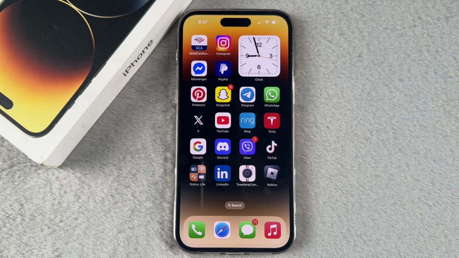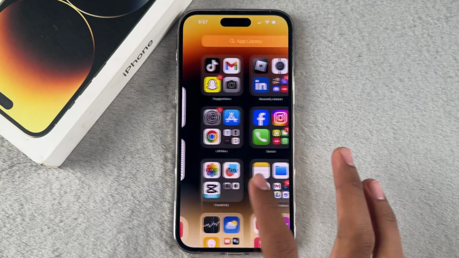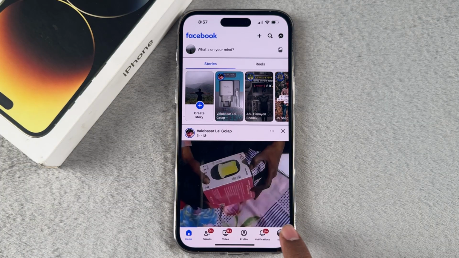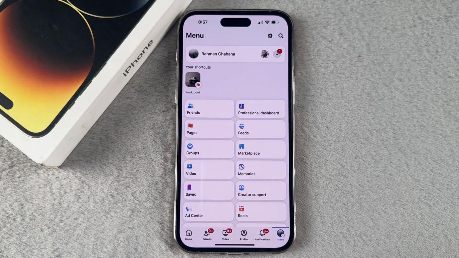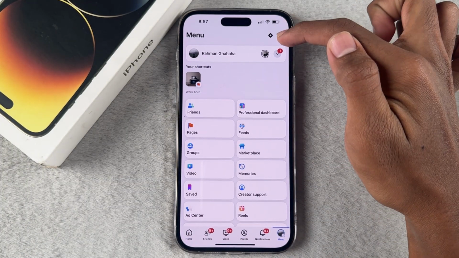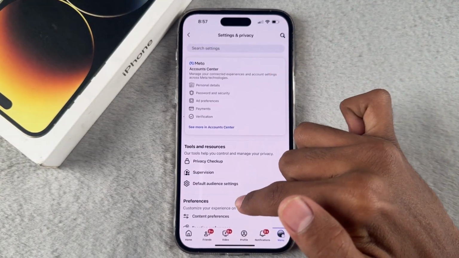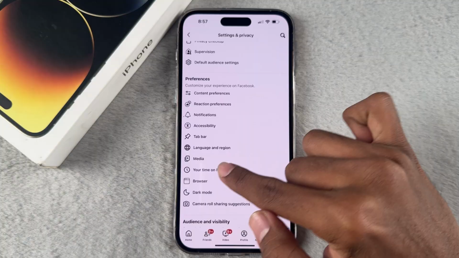In today's video, I'm going to show you how to fix low quality videos on Facebook. So let's get started. First of all, go to the Facebook app on your phone, then tap the menu option from there. Then tap the settings option at the top. Here you can see. Then after entering the settings and privacy option, scroll down and find the media option from